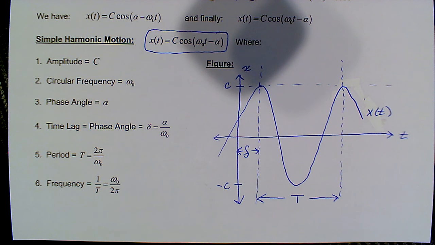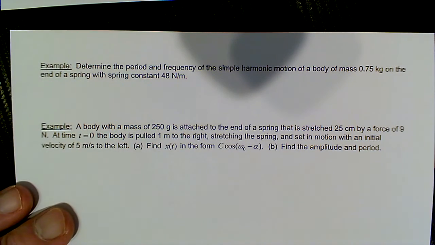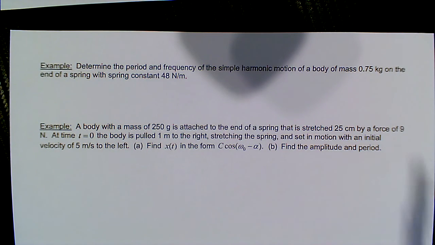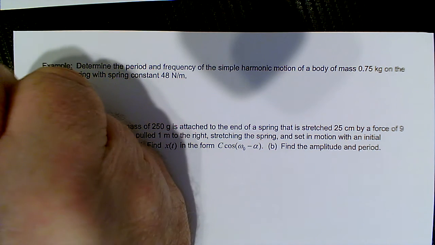And I think we'll look at the first question, just to get this out of the way. It says to determine the period and the frequency of simple harmonic motion. So that's what we just got through discussing. Of a body with a mass of 0.75 kilograms on the end of a spring with a spring constant of 48 newtons per meter. So this is not the type of thing I'm going to ask you on the exam, but using our formulas,